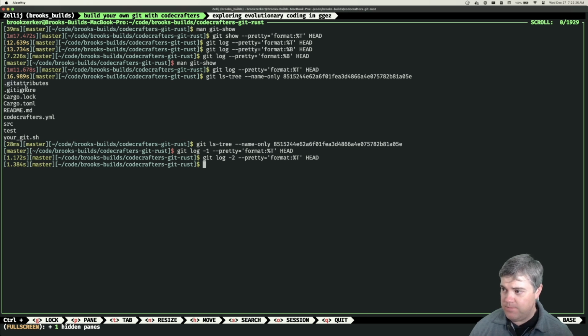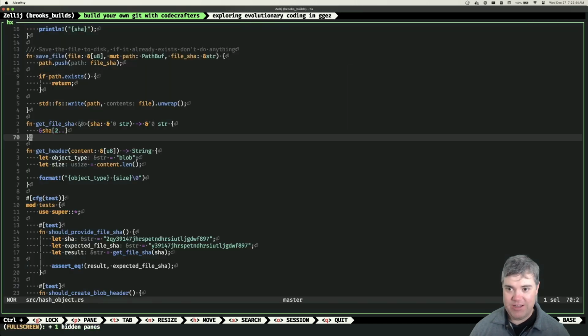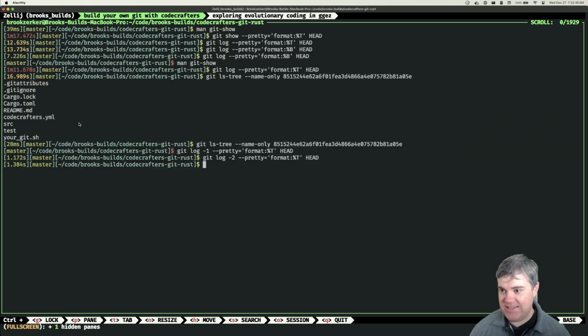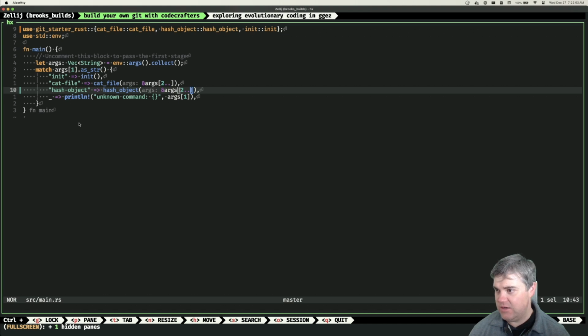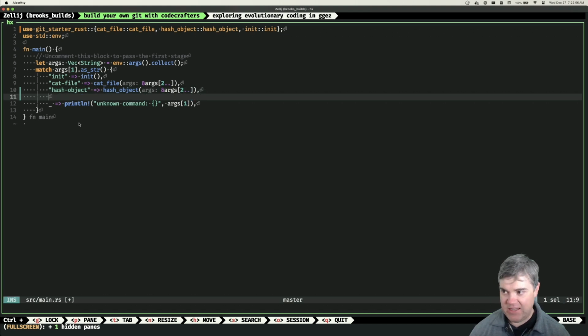Okay, so this command is now going to let me know whether or not I'm doing it right, because we can see, okay, well, this is what it looks like when we're reading from the tree object. So I want to be able to pass in the same exact thing here and then get this out. So let's go ahead and set this up. So this is ls tree. So main. Okay, so we're gonna have an ls tree, and we need to create